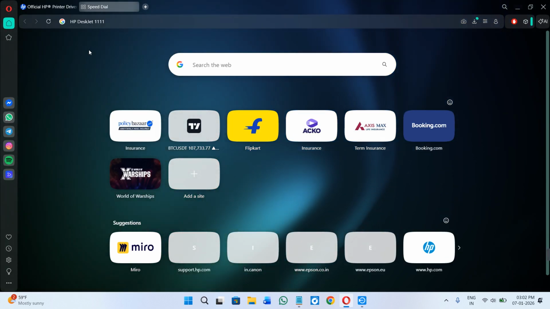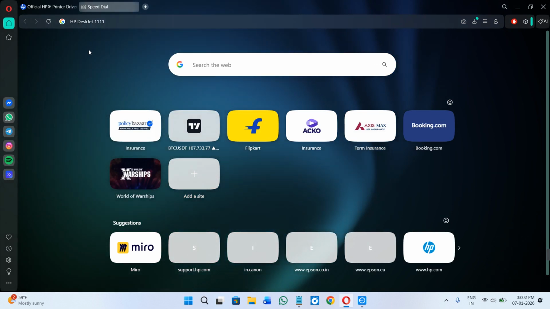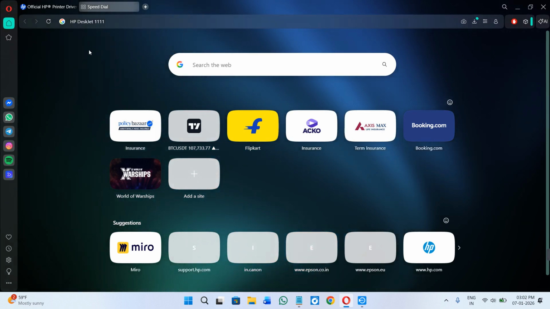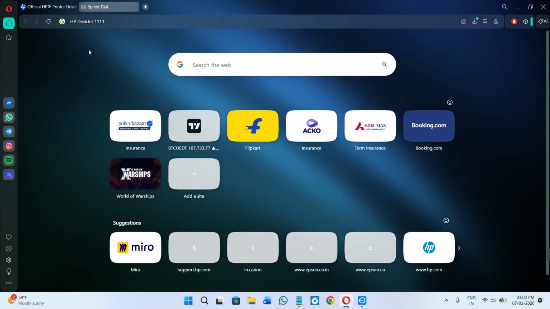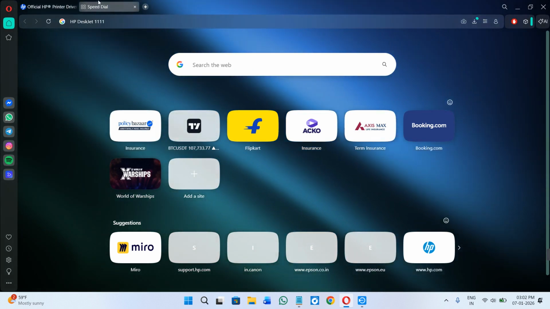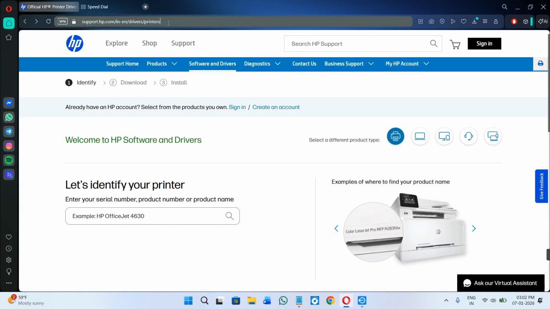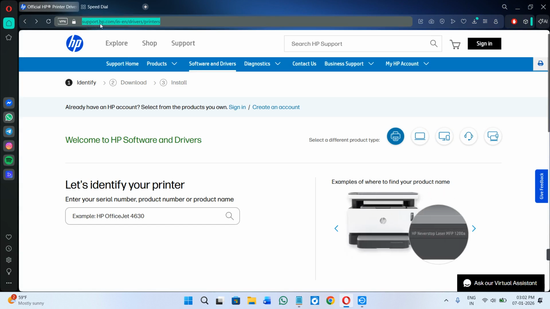In today's video, I'm going to show you how to download and install the HP Deskjet 1111 printer driver in Windows 11 on your PC or on your laptop. So first of all, you need to open your web browser. Over here in the search bar, you need to simply search for this particular URL. It is